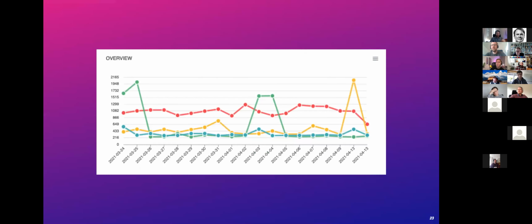Also, you can create an account, which is free, and then you can have your shop tested on a regular basis. Let's say, for example, every day. And then you can have a history of your performance per day. So this is very useful if you want to make changes, and then you can check if the changes are improving the